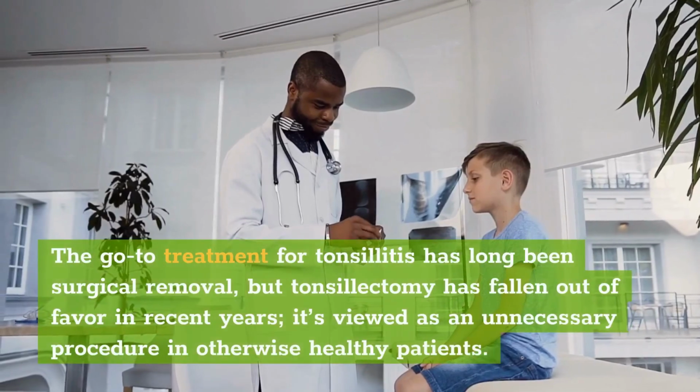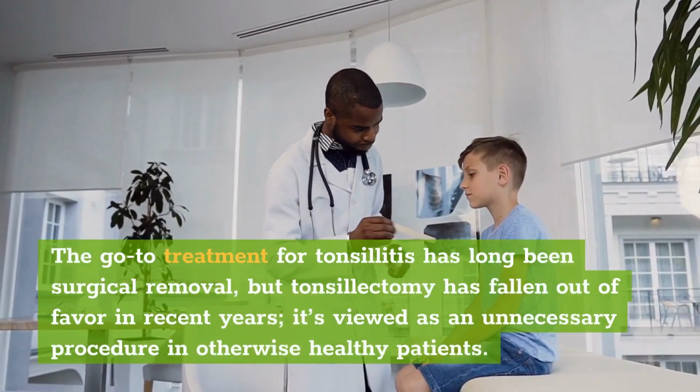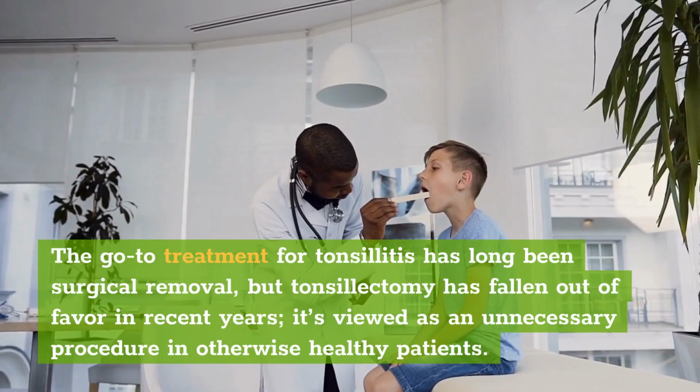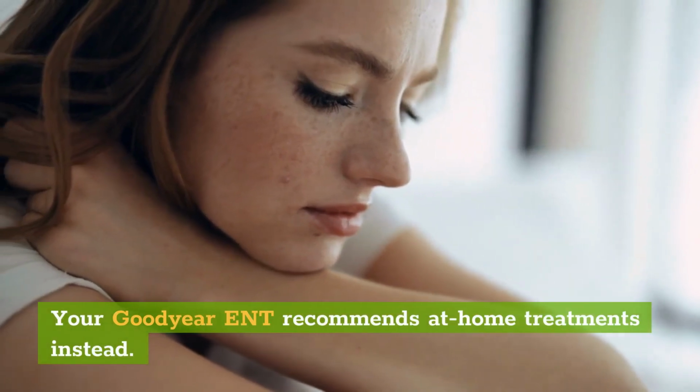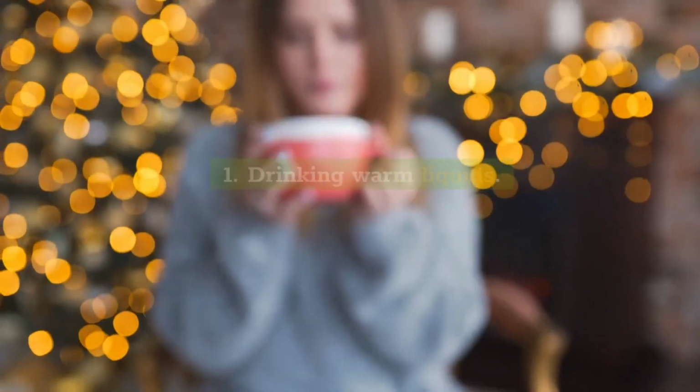The go-to treatment for tonsillitis has long been surgical removal, but tonsillectomy has fallen out of favor in recent years. It's viewed as an unnecessary procedure in otherwise healthy patients. Your Goodyear ENT recommends at-home treatments instead. The most successful treatments include: